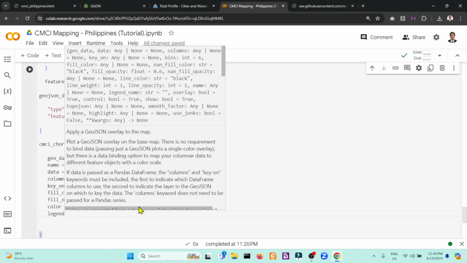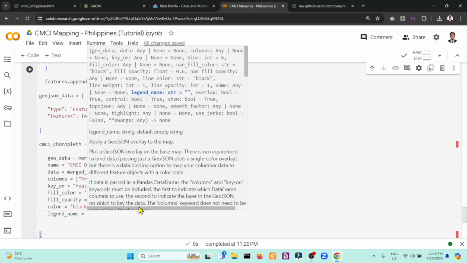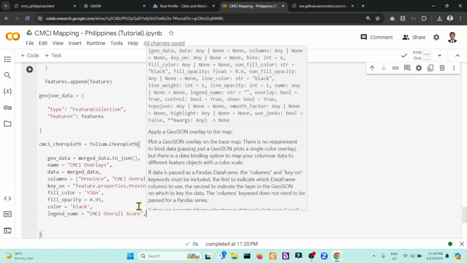And another one, the legend name, is what will be displayed at the control layer or the Folium control layer. So we have CMCI overall score, or you can say all CMCI score.